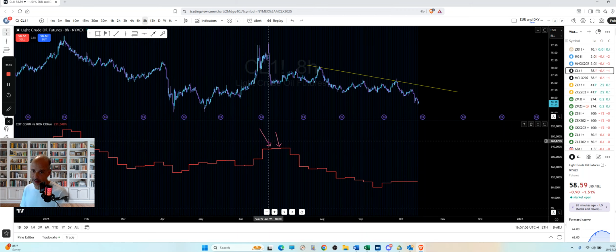reverse. And you want to look at the price too, and not just rely on this, because this can actually show a little bit delayed, where the price starts to move before this does, which is unusual, but it can happen. But you can see right here, going up, up, flattens out, price falls. And then we have move down, move down, move down. And right here, where it flattens again, price flattens and then goes up.